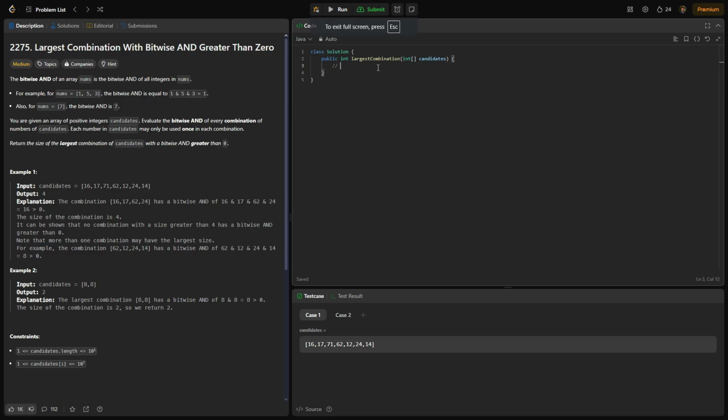A bitwise AND operation simply is an AND operation, just like our Boolean AND operation, but instead of using two AND symbols, we're going to use one symbol in Java. And this operation is going to check the bits and compare the bits of two numbers. So if we say